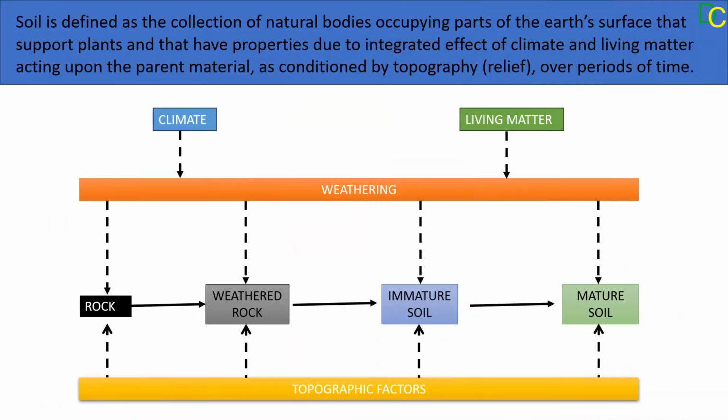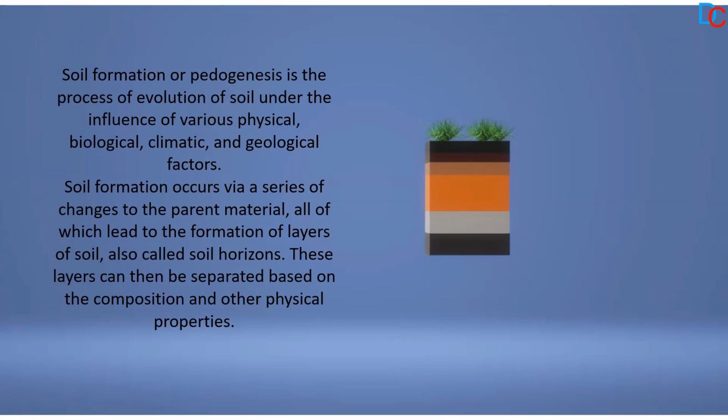Soil is the collection of natural bodies occupying parts of the Earth's surface that support plants and that have properties due to the integrated effect of climate and living matter acting upon the parent material, as conditioned by topography, over periods of time. Soil formation, or pedogenesis, is the process of evolution of soil under the influence of various physical, biological,